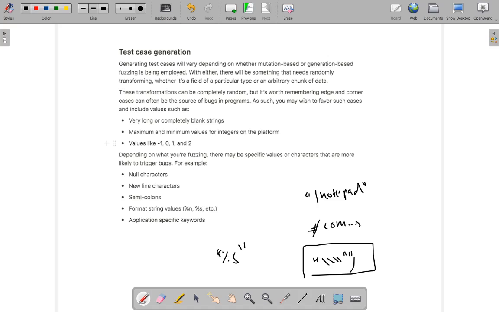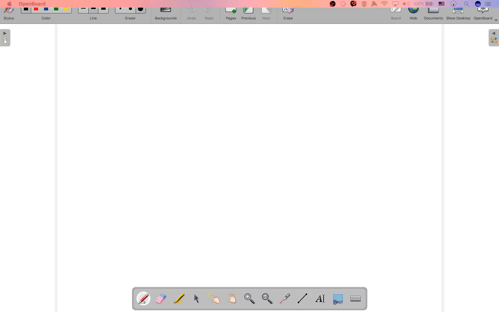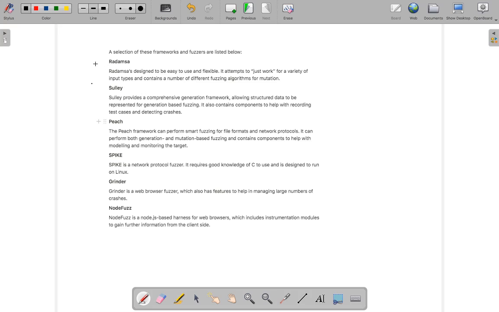Also the fuzzing quality depends on several things: speed, you can reduce the test cases, and also the code coverage, the coverage that you are achieving using different types of techniques. That will give the effectiveness of the fuzzing. And also there is a cool set of fuzzing frameworks. We have looked at one or two, and these are some of the other famous frameworks. You have Radamsa, flexible, and Sulley is another famous one, and Peach, Spike, Grinder, Fuzz, and